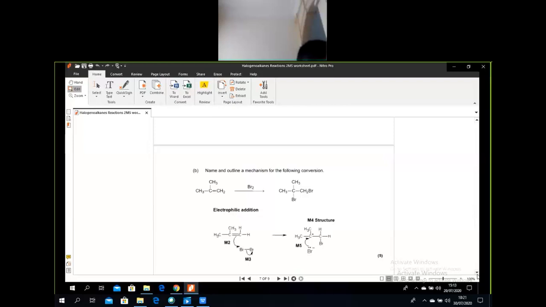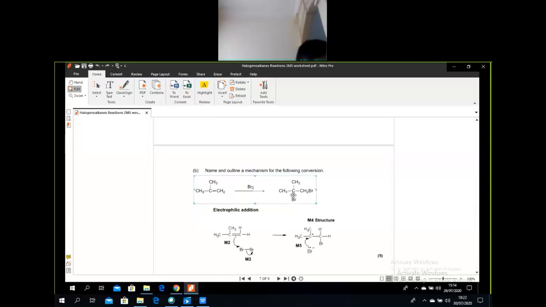Following conversion. So this one has CH3 CH2 double bond, and there is a CH3. We see from the structure, the longest backbone has 3 carbon atoms, and there is a methyl in the middle. So this is called methylpropene. It reacts with a bromine molecule and undergoes electrophilic addition, and then this one will become